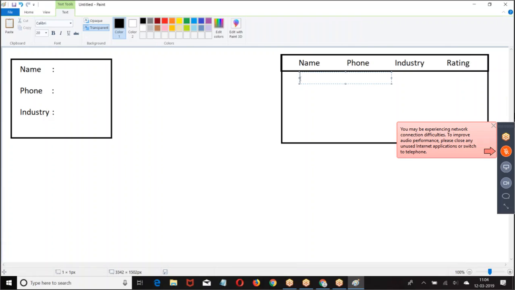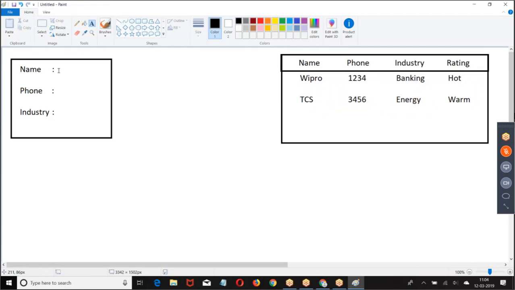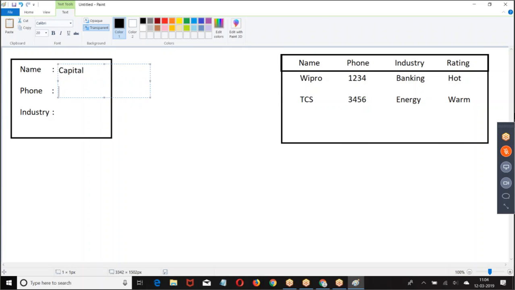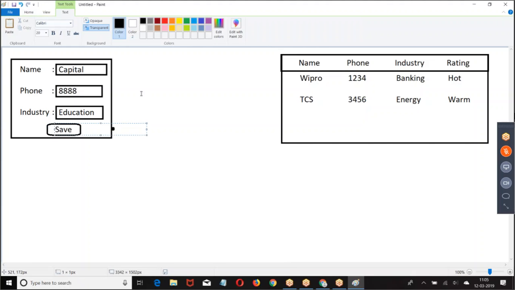I already have some data. This is how we got it. Capital. Save.